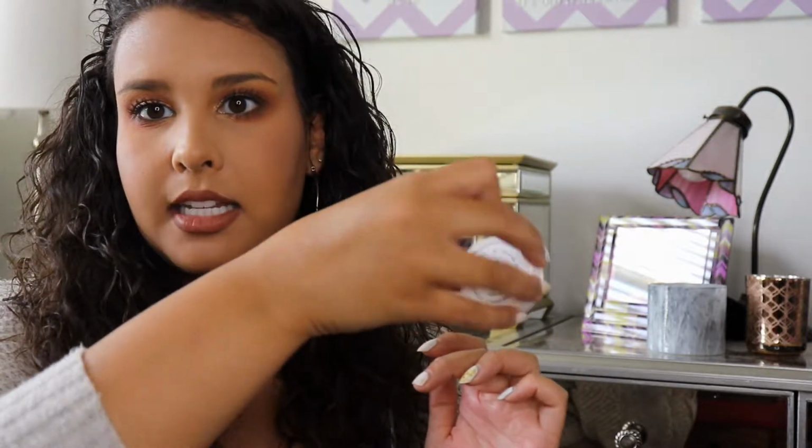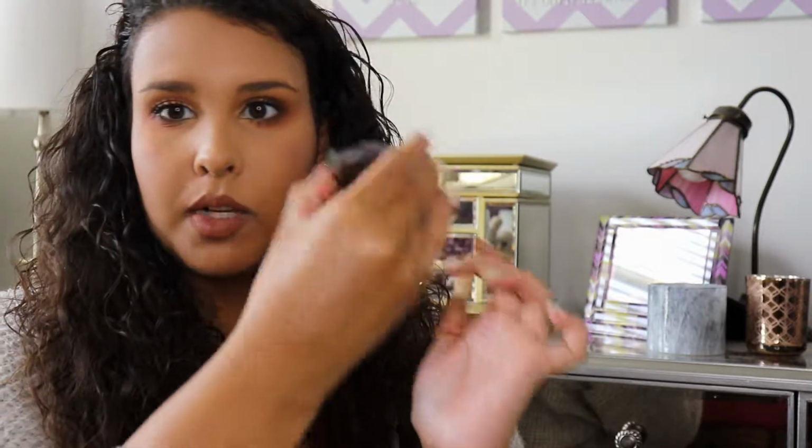It's pretty light, but I like to put this on first and then I'll layer another highlight on top. So this, I'll mix with a little highlight, a little Fenty, is really pretty. Or I also took this little mini guy. This is a mini Becca in the color Rose Gold, just pink. So depending on what my eye look was, I have some choices to play with my highlighter. But this, layered over top of the Wisp, really